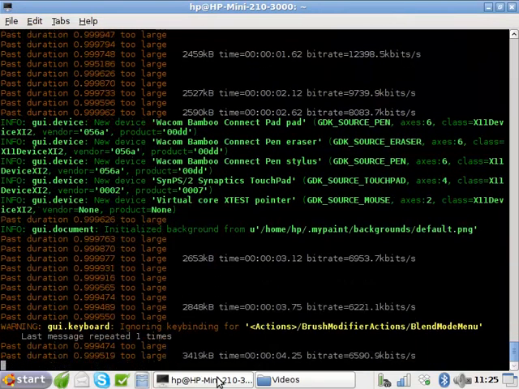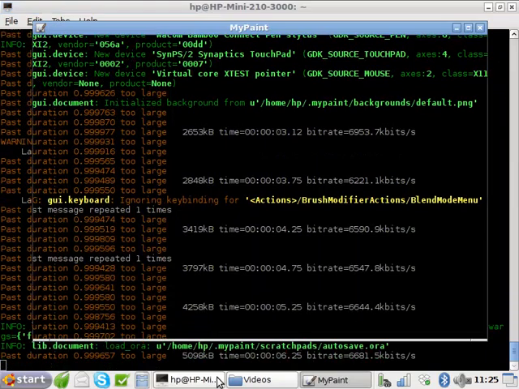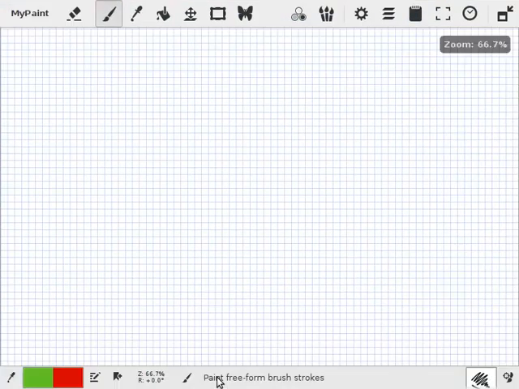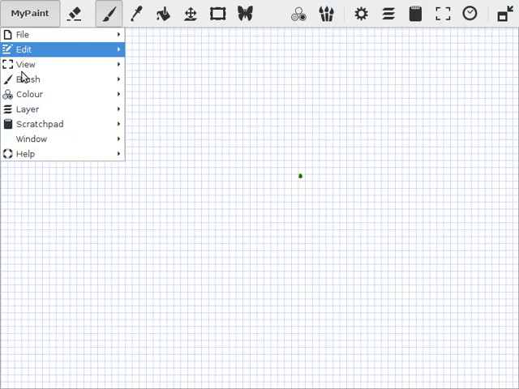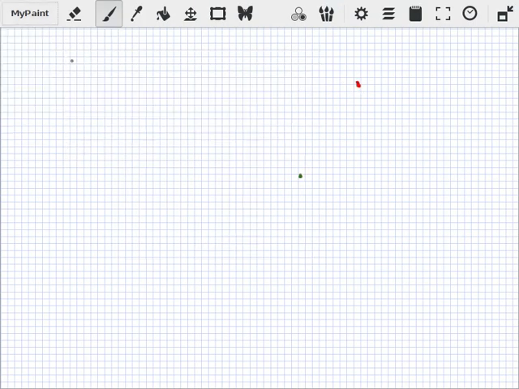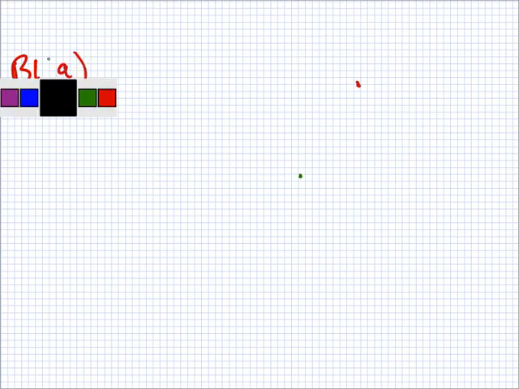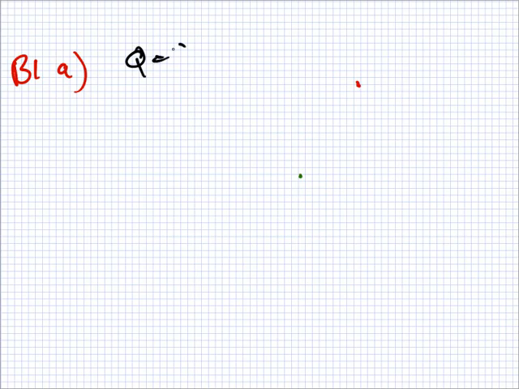This looks like a pretty straightforward question, actually. If you don't remember what these definitions are, you can write down the formula. B1A. Your formula is Q equals CV, so C equals Q over V. So you could say then